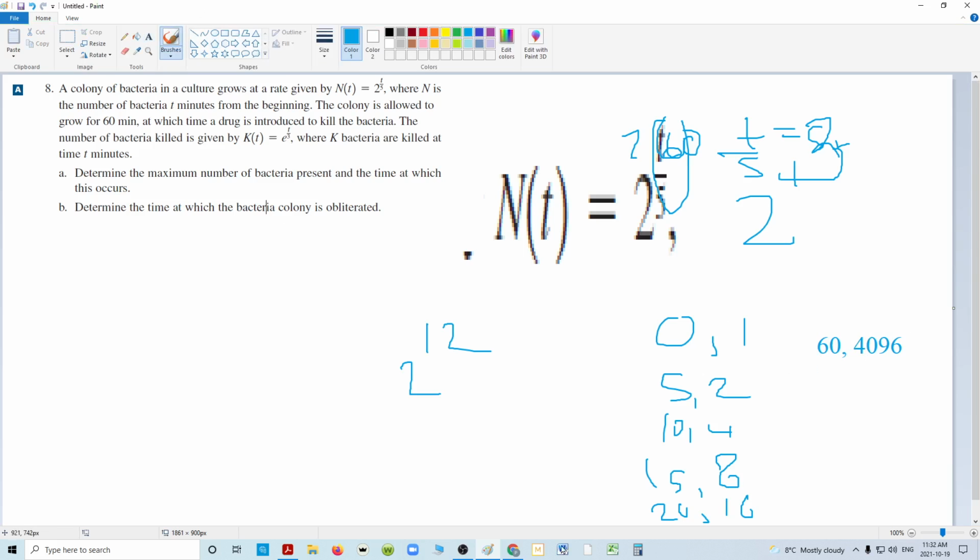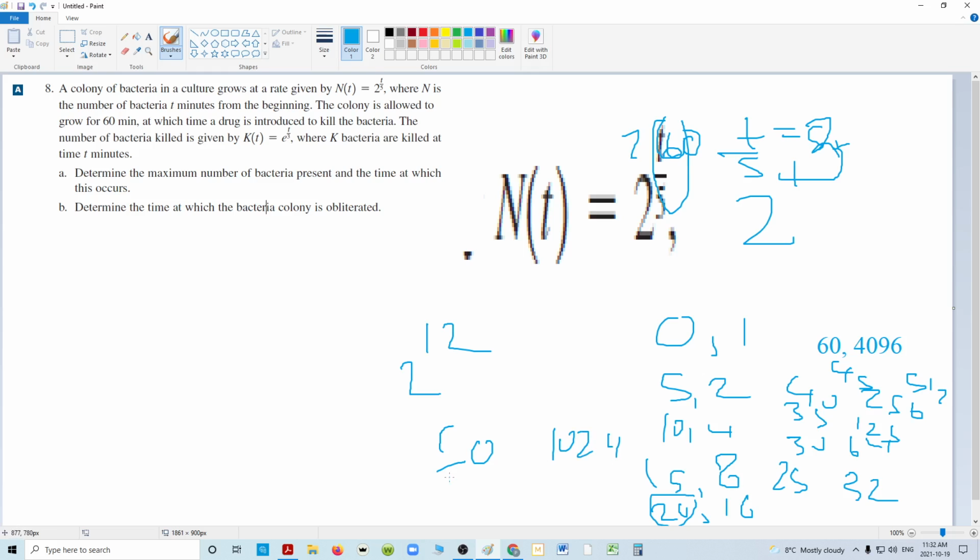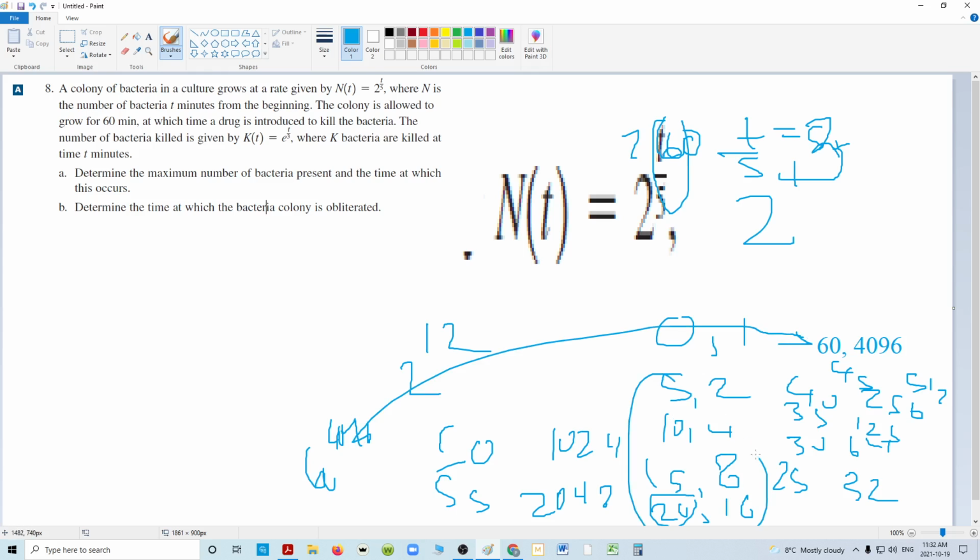Even though it doesn't look like it down here, sure enough, 25 is 32, 30 is 64, 35 is 128, 40 is 256, 45 is 512, 50 is 1024, 55 is 2048, and sure enough 60 is 4,096 as calculated. So you can see that initial growth is small and then it skyrockets,